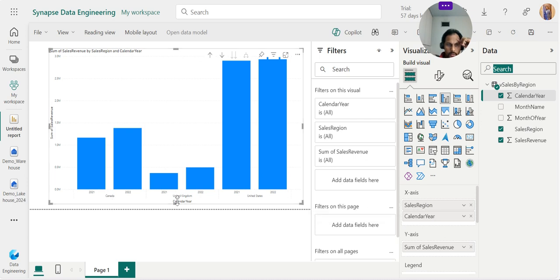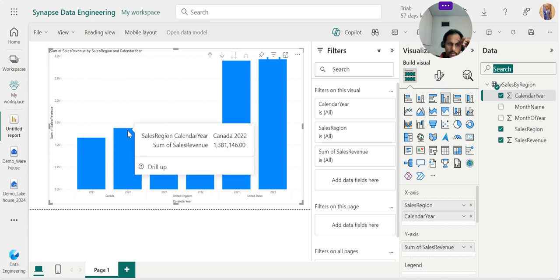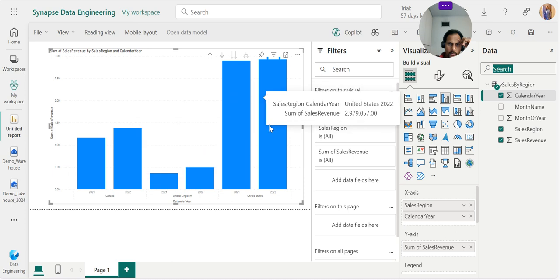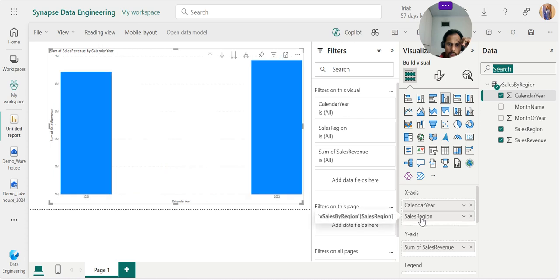So year wise, what are all the regions we have and the sales revenue, this information is there. Or I can put calendar year